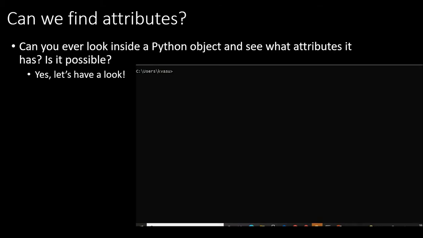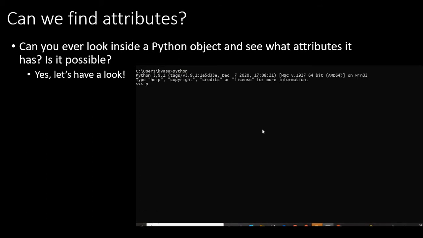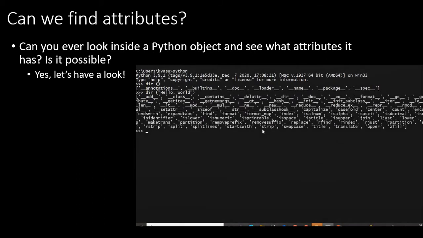Well, can we find attributes? Is it possible? Yes, we can find out the attributes of a Python object very easily, and I'm going to show you the demo. Yes, that's interesting as well. We could see that right away, right now in front of you. You can see that I'm getting into Python and I am typing dir within brackets, nothing, and you got the attributes. dir within brackets "hello world", and you will get the attributes for this as well. And dir of dir is what I'm going to type right now, and you could still get attributes for that.